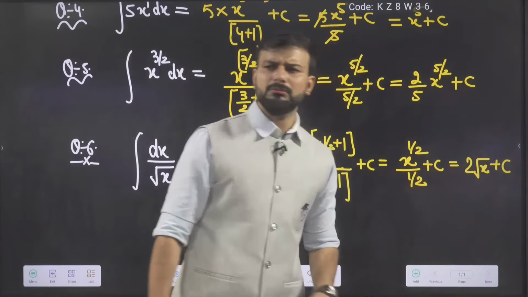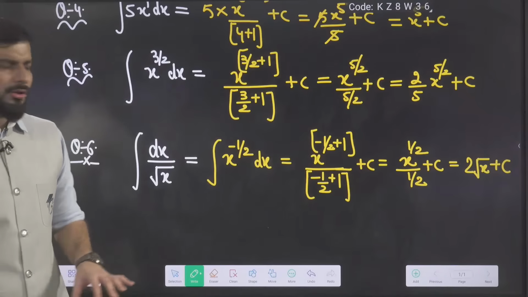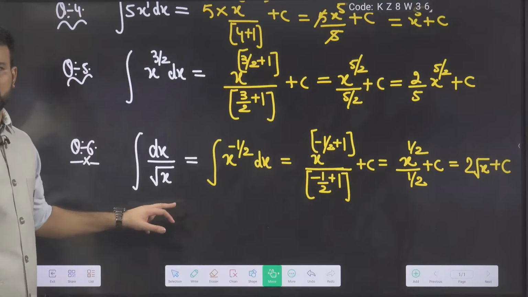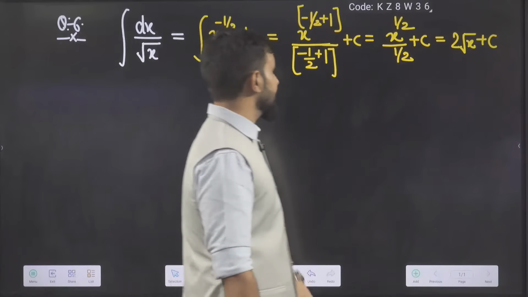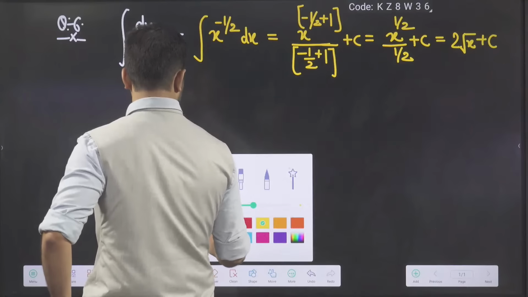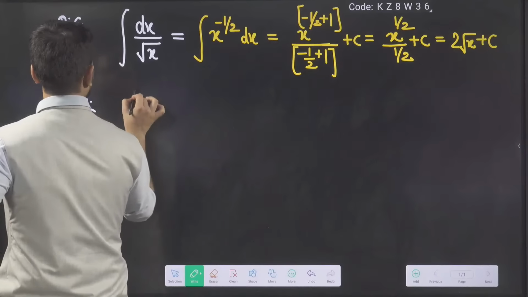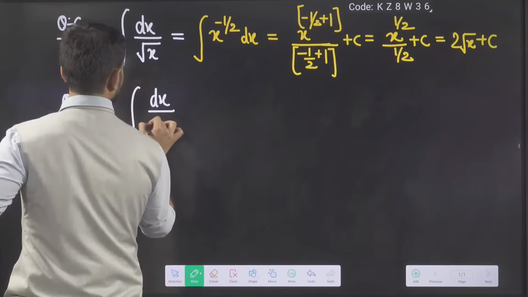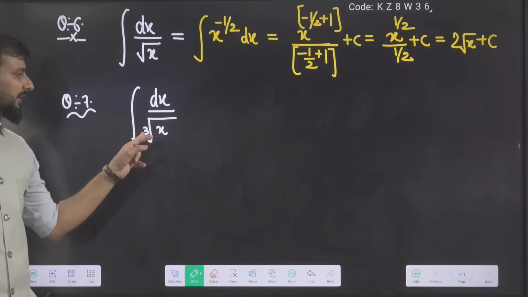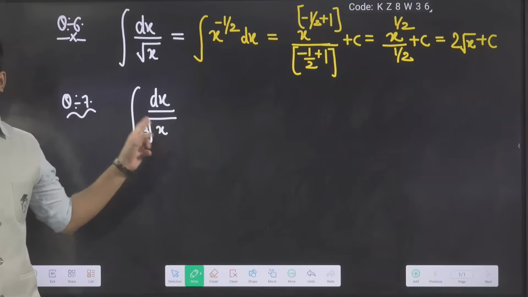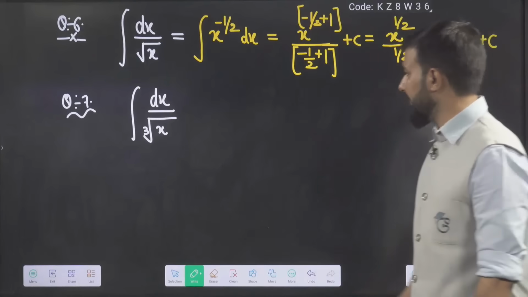I hope you understood. It is just purely formula based, not a big thing. Most easy thing to do, I think. So this is it. One more question before going, I will ask. Let's see whether you will be able to answer or not. Integration of this. This is the way of writing the cube root. In the root, they have written here cube. This is cube root. Tell me the answer of this. Its integration.